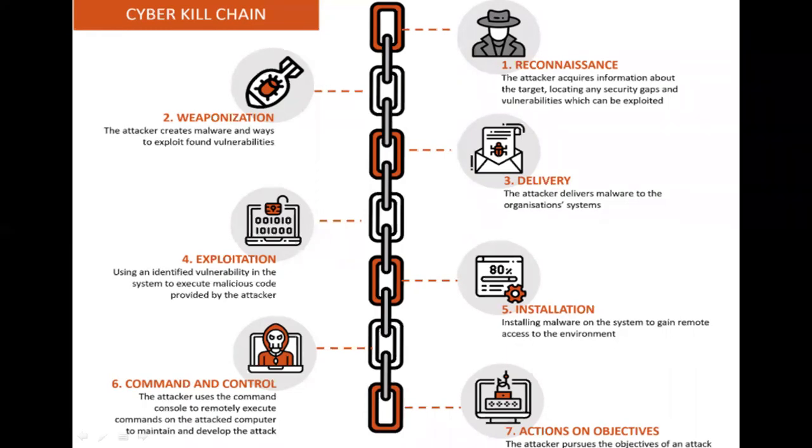Then the second phase of the cyber attack chain has to do with weaponization. This is where the attacker, after he has done his information gathering, looks for a way to create malware. The reconnaissance here includes information gathering and scanning, so during that phase he has discovered certain vulnerabilities. During the weaponization phase, you start looking for how to create malware that can exploit those vulnerabilities. It could be a payload, a Python script, or a DLL file. If you check my YouTube videos, you will see how I create some of these malwares and exploit a victim machine. So that's what attackers do.